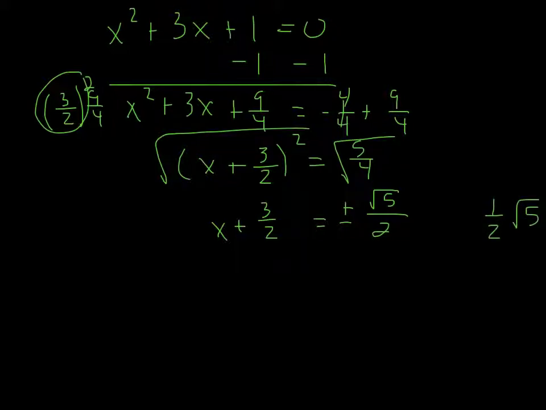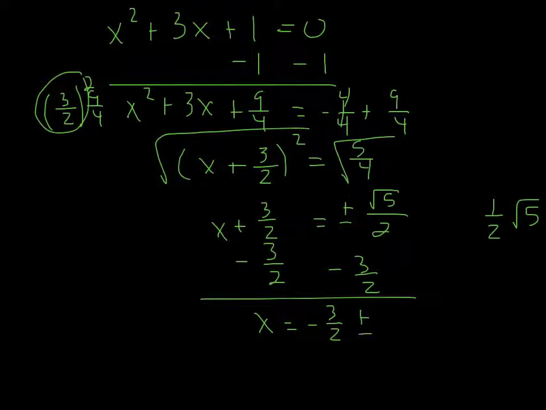These two mean the exact same thing. It's not going to bother me if you do it as the square root of 5 over 2. Okay, don't stress about it. Okay, subtract 3 over 2 from both sides. You get x equals negative 3 over 2 plus or minus the square root of 5 over 2. Alright,